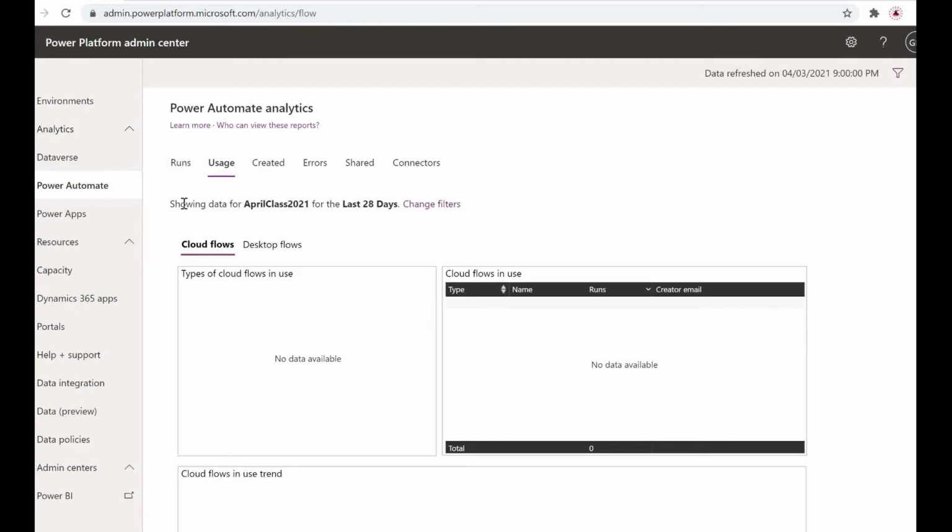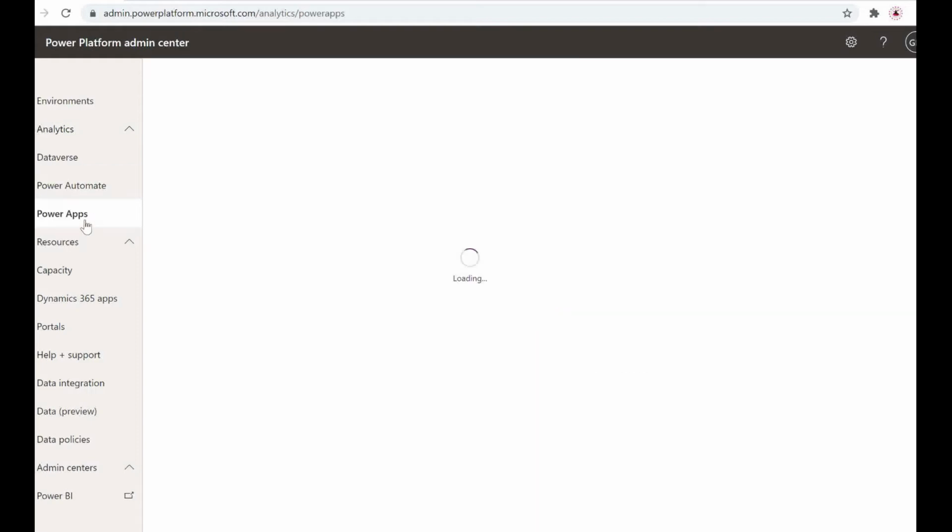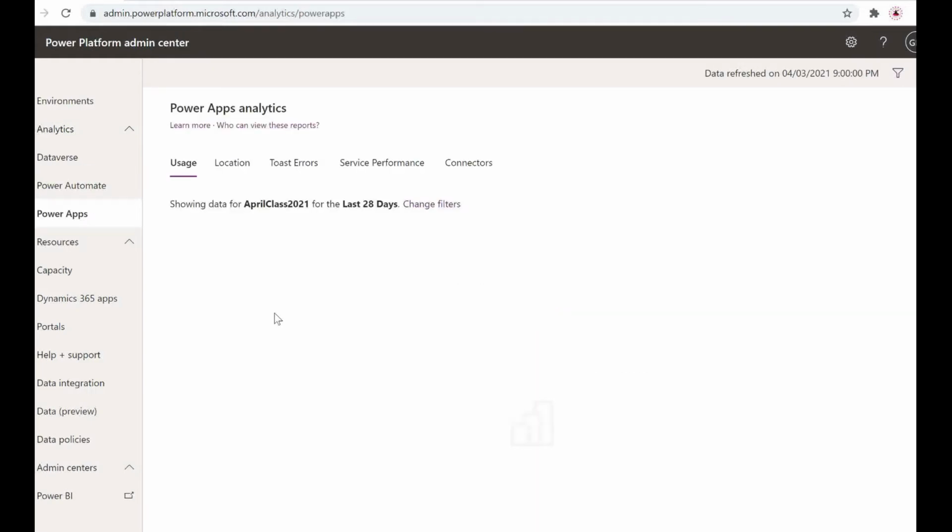It is giving us a glance of the platform. For Power Automate it shows admin activities, meaning status, how many runs, what usage was created, any errors, any connectors. And Power Apps similarly will display the usage and all those things.